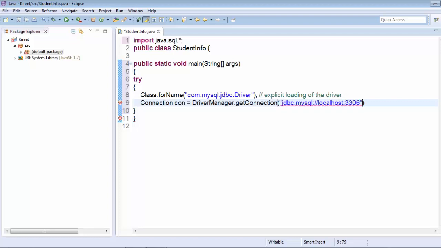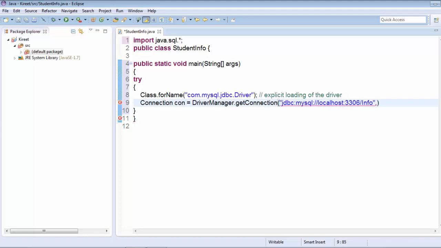And here we have to pass the name of the database. The name of the database that we have created is info. So this is the database URL.